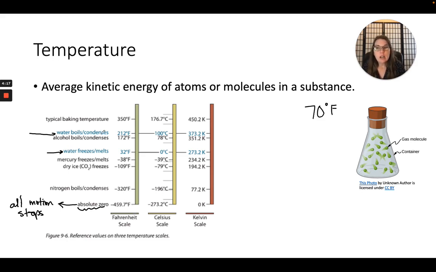So the other scales that you need to be familiar with are Celsius, which is considered a metric unit that's more user-friendly. Most countries of the world use this in everyday life. You need to know that water boils at 100 degrees Celsius and it freezes at 0 degrees Celsius. In fact, the Celsius scale was kind of built around the freezing and boiling points of water, which makes it really easy to remember. And here are the other reference points of these